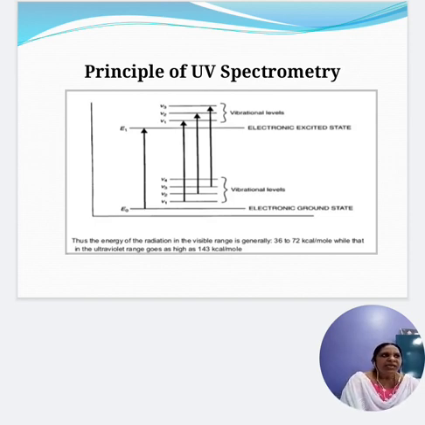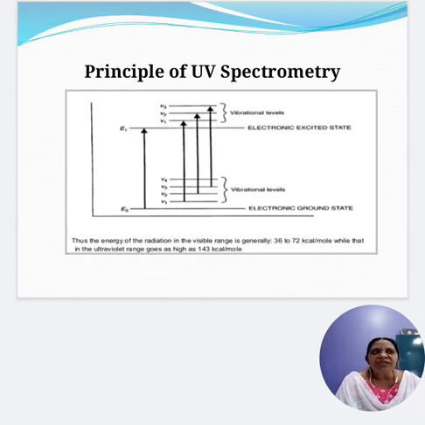E1 minus E0. So what is E1? E1 is the excited state. When the electrons get excited and acquire higher energy, the energy of the electron in the higher energy state is E1. Then E0 is the energy of the electron when it is in the stable state. So E total is equal to E1 minus E0. So during the ground state, when it acquires energy, it starts vibrating and it moves to higher energy levels.